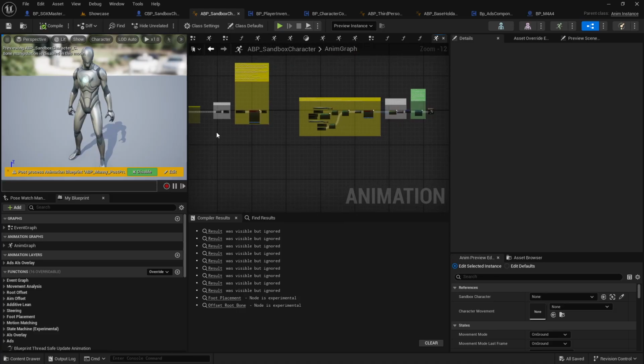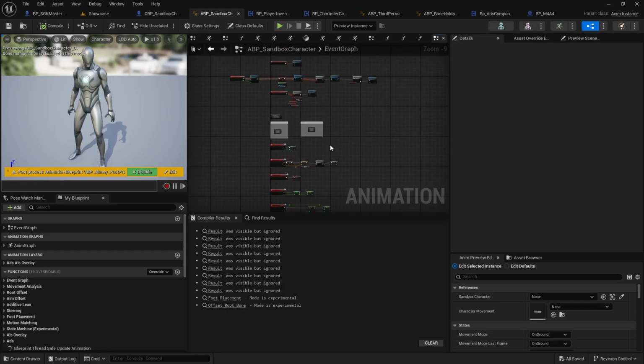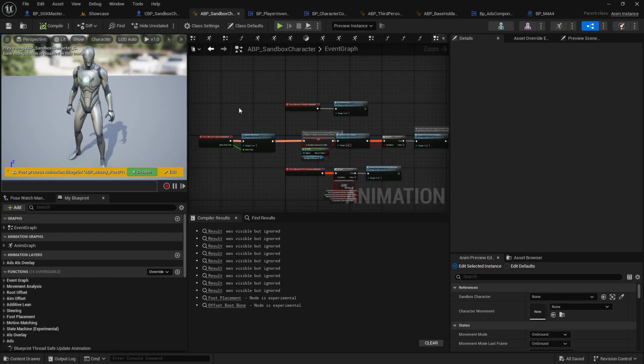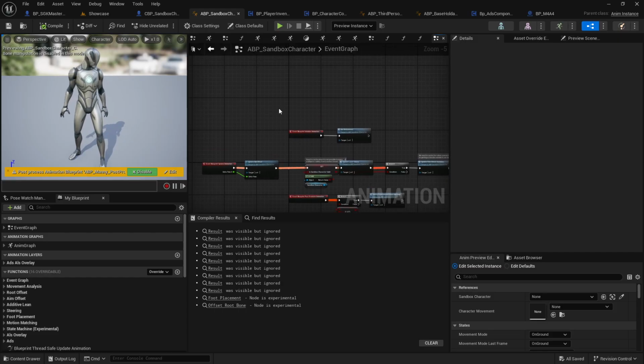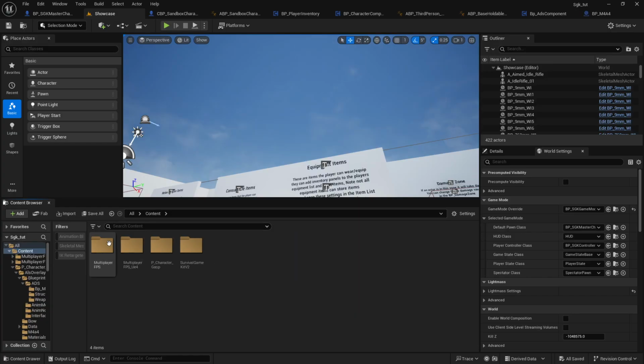I don't know why in this one it's looking weird, but it's not supposed to be looking weird. And then in a few days, maybe I will do another video on how to set up other weapons,